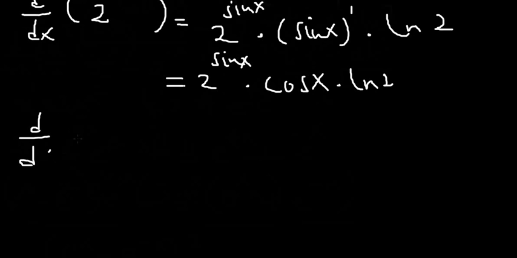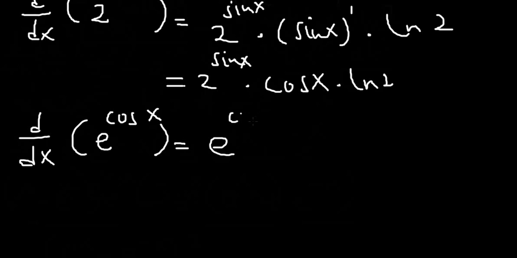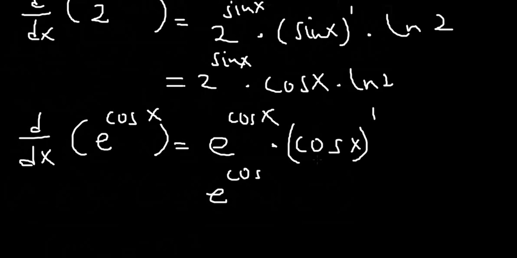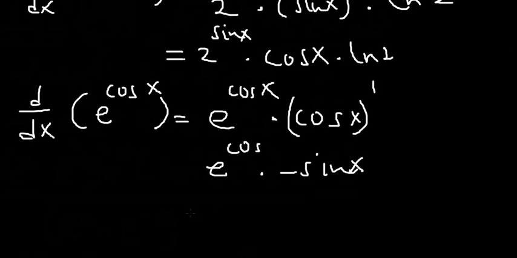So let's look at also another example. e raised to cos x. So what are we supposed to do? So this will be e raised to cos x, and then we multiply by the derivative of cos x, which is negative sine x. So the derivative of cosine of x is supposed to be negative sine x. Alright. So this will give us negative sine x, e raised to cosine of x. So that is all about